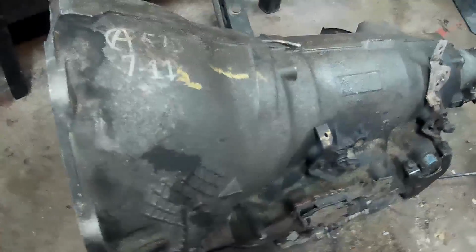You'll hear people saying things like early 4L80, late 4L80. And the easiest way to tell that is over here on the passenger side. If this were an early 4L80, the two lines would be right next to each other. See, these are far apart. Also, this sticker will tell you. See, I cleaned it off. And there's a part number down there too you probably can't see. Those things will tell you exactly what year it is, so you know exactly what you're dealing with. I have an 04, that's what the